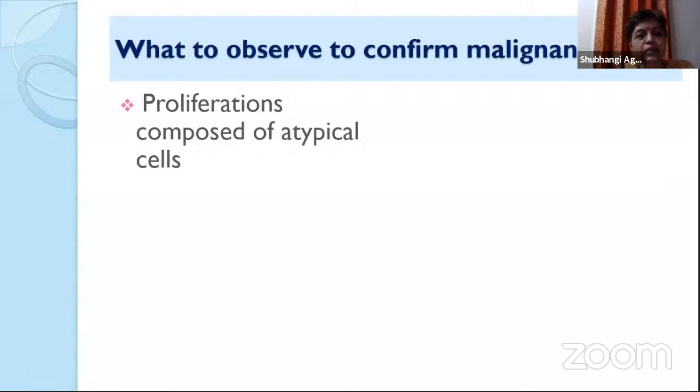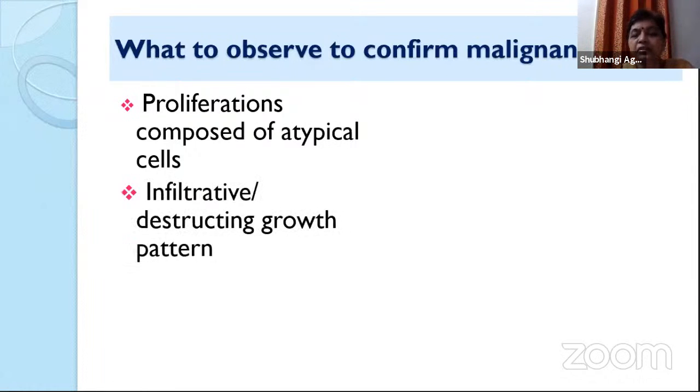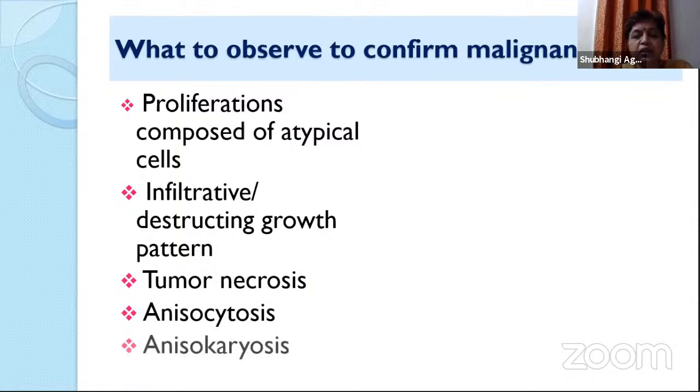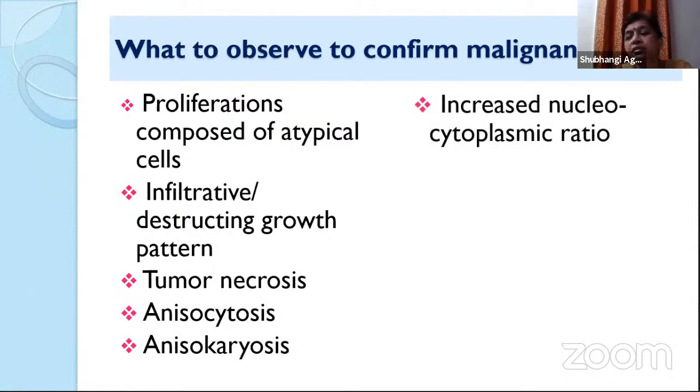Now, what to observe to confirm the malignancy in the bone marrow aspirate or biopsy? There are certain characteristics of the disease which you can look into, which will confirm the malignancy. One of them is proliferation composed of atypical cells, then infiltrative and destructive growth pattern of the neoplasm, tumor necrosis if it is present, anisocytosis, anisokaryosis, increased nuclear cytoplasmic ratio,